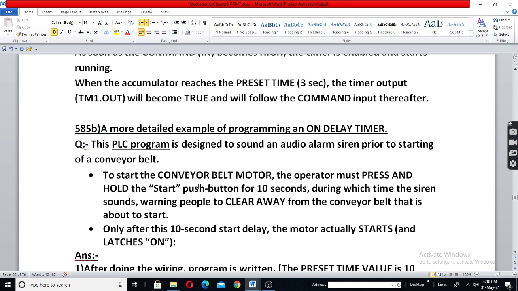Like in a starter, once you press, it switches on. Then even if you remove the green button, it remains on. Then to switch off the motor, you have to press the red button, the off button. Same as a starter, but with a 10-second delay.